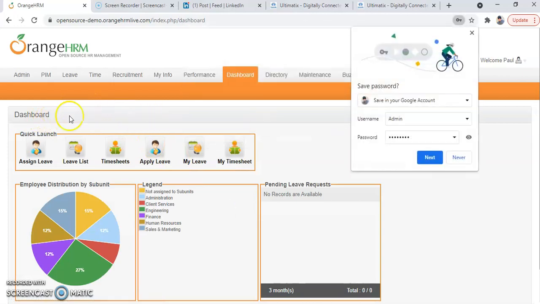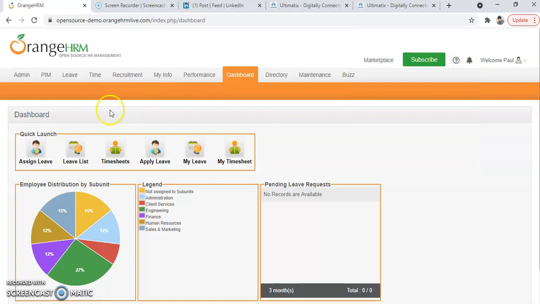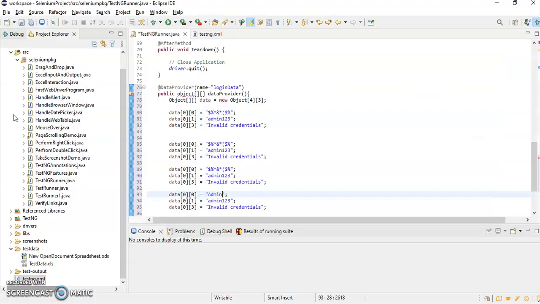Okay, so it will display dashboard. So I'll take this text and paste it over here. Okay, so let me just create the test data.